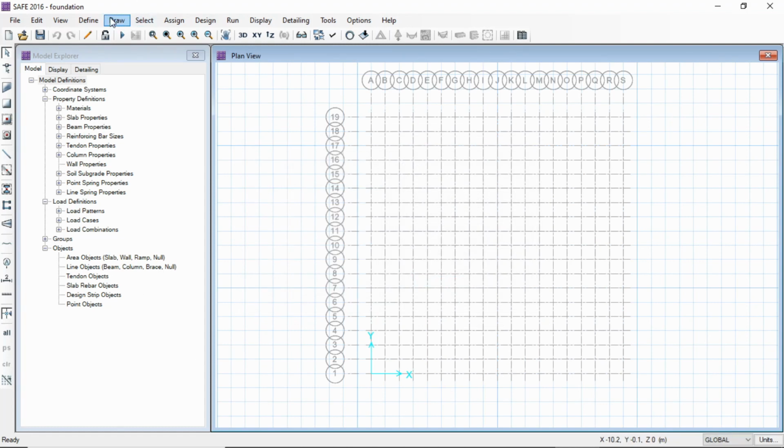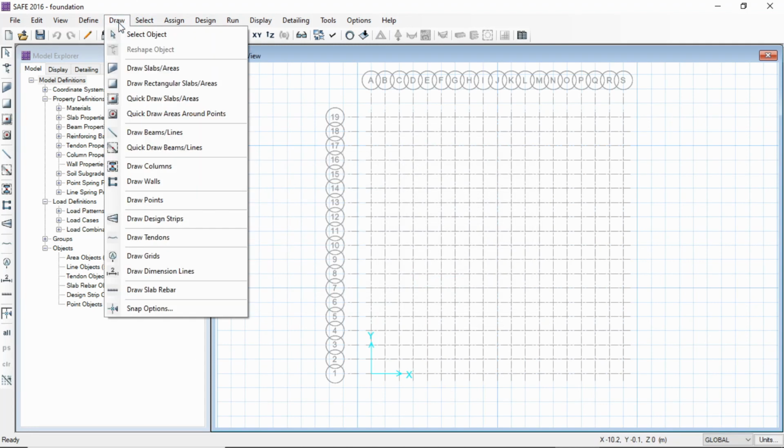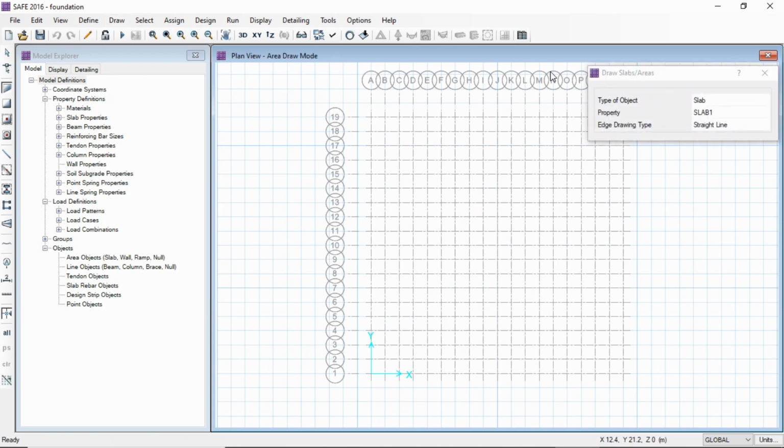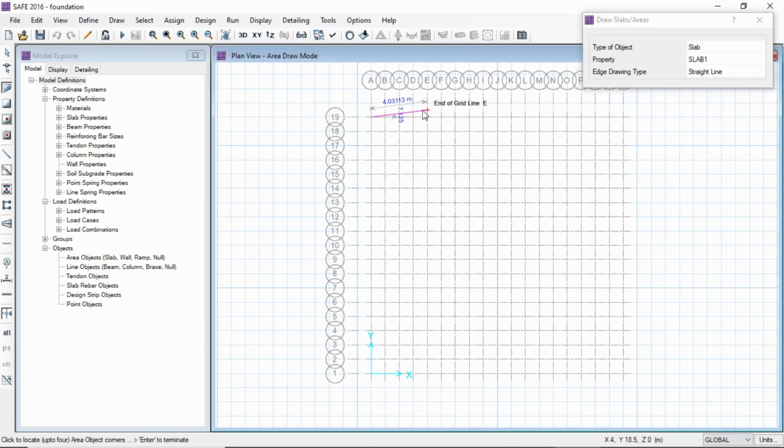Now we'll draw the footing slab. So here we'll go to the draw menu and click on draw slab. So here you can see the draw slab option is opened. So check for the property which we had assigned. We click on here. You can see the distance has been shown 18 meter.